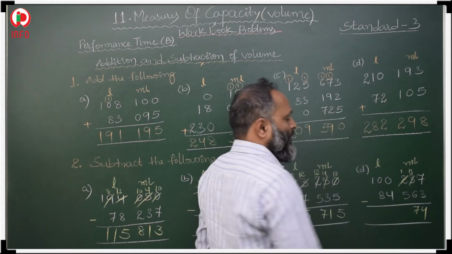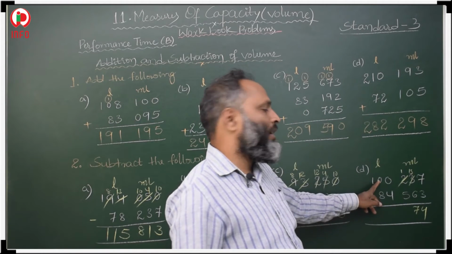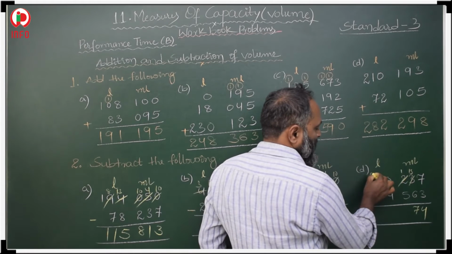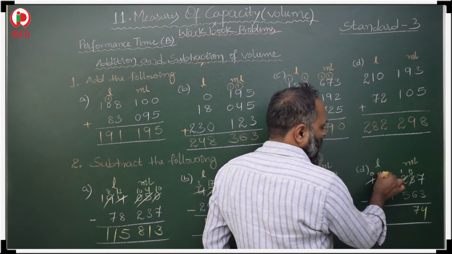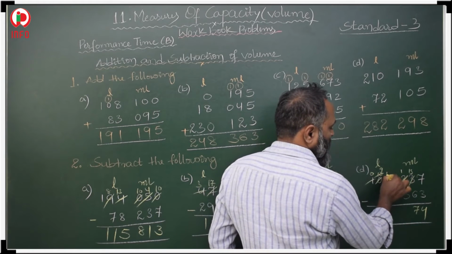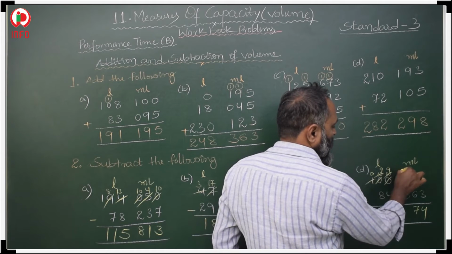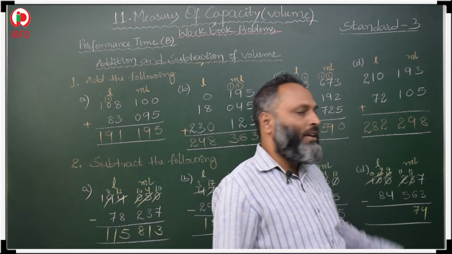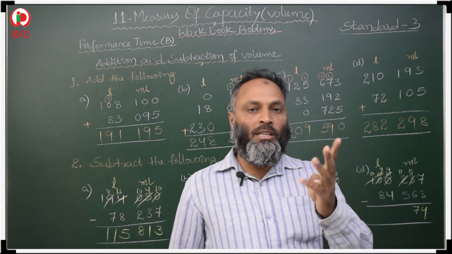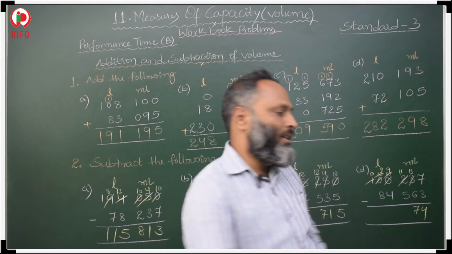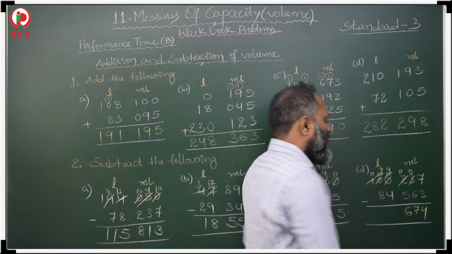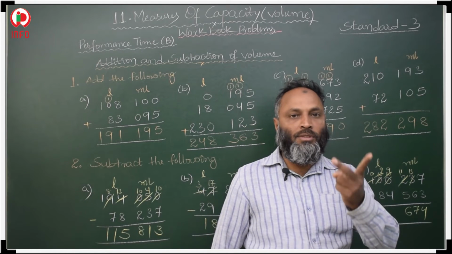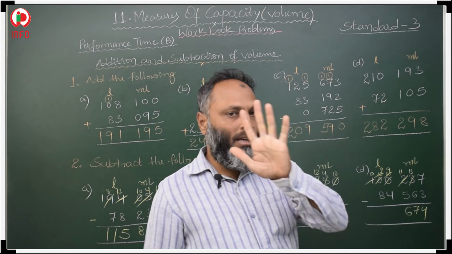1 minus 5 we cannot subtract. Here we have 0, here we have 0. It means we take a borrow from here. If you take a borrow from here, here it will get 0, here you will get 10. Again if you take a borrow, here you will get 9, here you will get 10. If you take a borrow from here, you will get 9, here 11. 11 minus 5 means 5 to 11 we have to count: 6, 7, 8, 9, 10, 11. It is 6. Then after that 9 minus 4 means 4 to 9 we have to count: 5, 6, 7, 8, 9. It is 5.